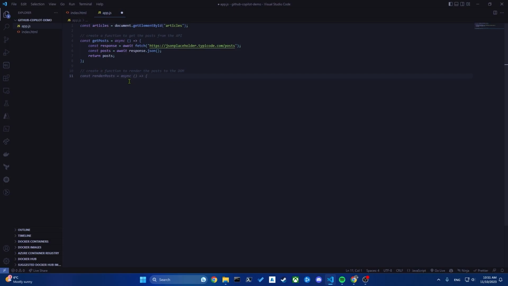And let's just accept the function that renders the posts. As you can see, here is our function to render the posts to the DOM,